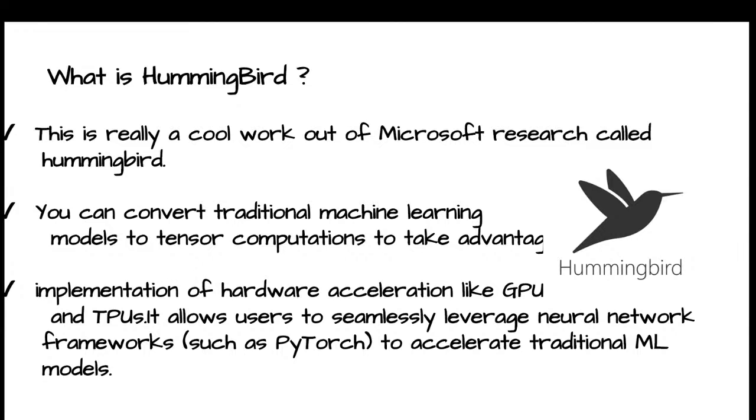Hummingbird ML is a library brought to you by Microsoft Research Lab, and this library facilitates the conversion of traditional machine learning models into tensor computations to take the advantage. Then the third point is the implementation of hardware acceleration like GPU. We all have some kind of GPUs or CPUs in our laptops that we get from our college. So they have these kinds of